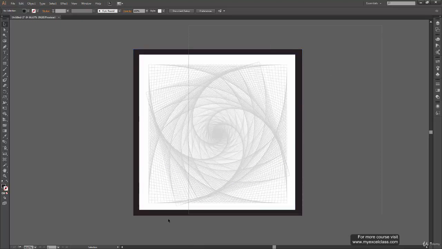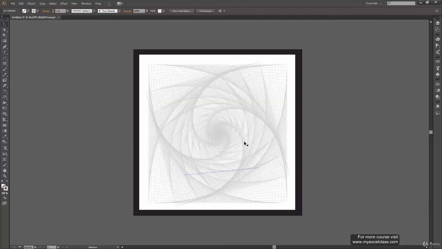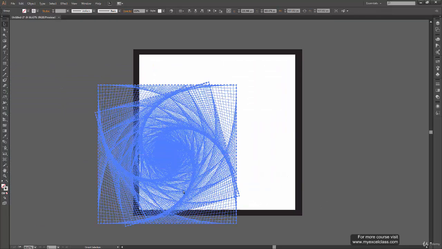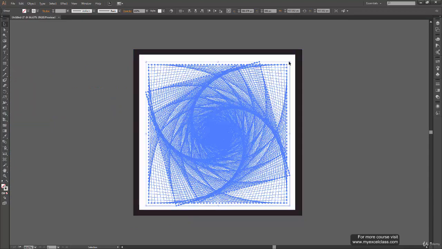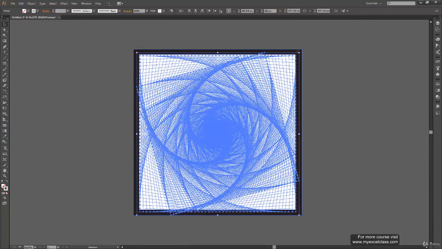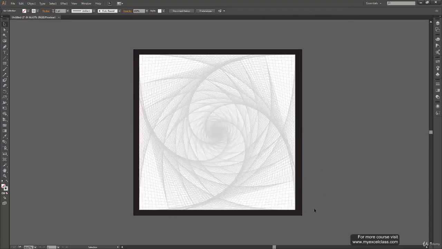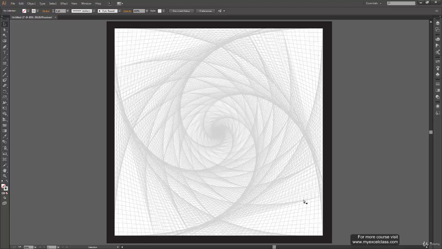Okay. So now select this whole design. Shift select this border to deselect it and press Ctrl G to make a group of this whole design. Okay. And now we can scale it up a bit to fit it exactly behind our border, and there we go.